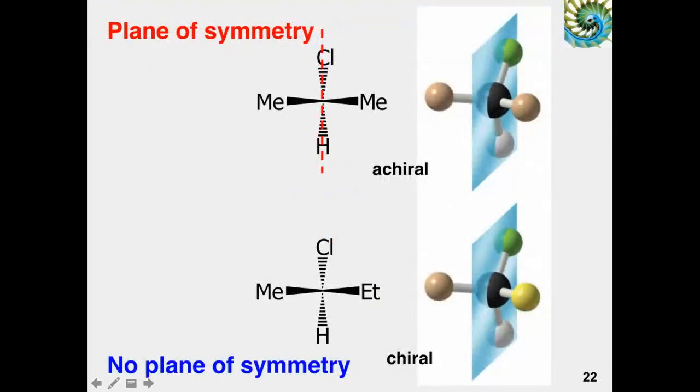I'm trying now, so let me, if you look at the carbon over here on the molecule on the bottom, the central carbon and the carbon over here. This carbon here is bonded to chlorine,